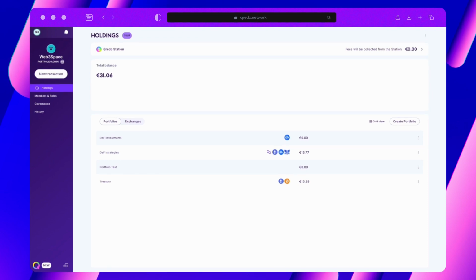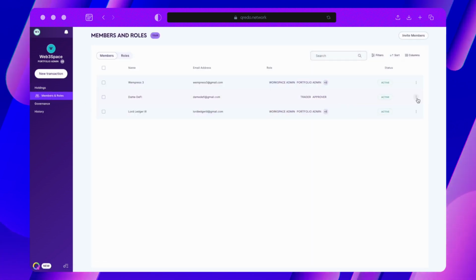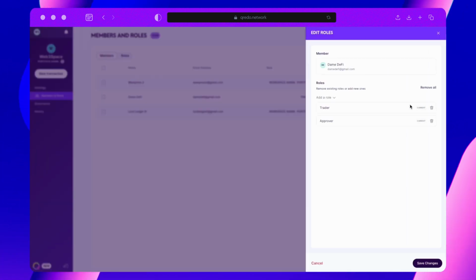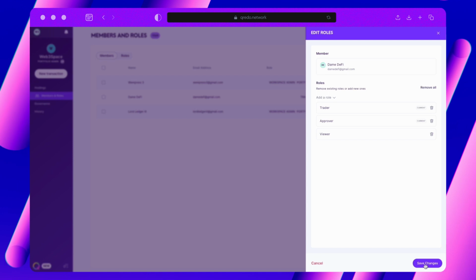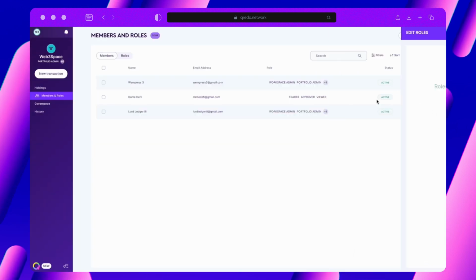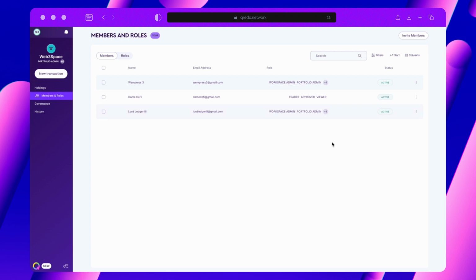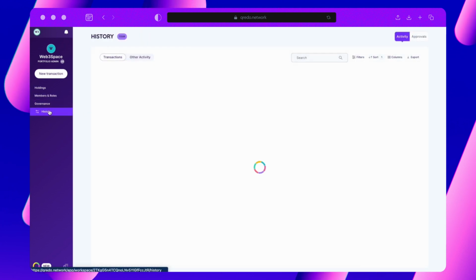In the updated Qredo, you can assign team members to the viewer role, or be assigned. This role is ideal for compliance or reporting as it grants full view access to the workspace, including its portfolios, history, and Qredo station. However, viewers cannot manage workspaces, portfolios, vaults, or Web3 wallets, nor can they initiate or approve trades. Viewers can access all workspace activity in the History tab, providing a comprehensive record of transaction activity, governance changes,